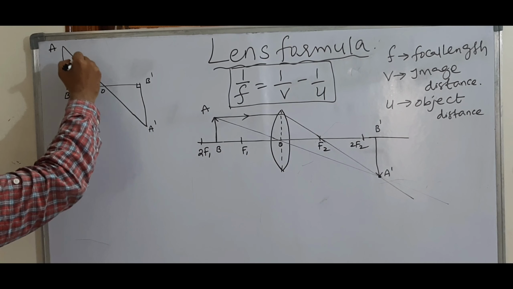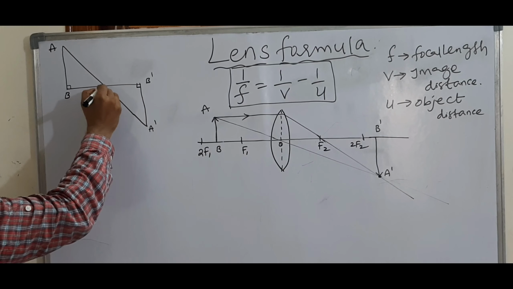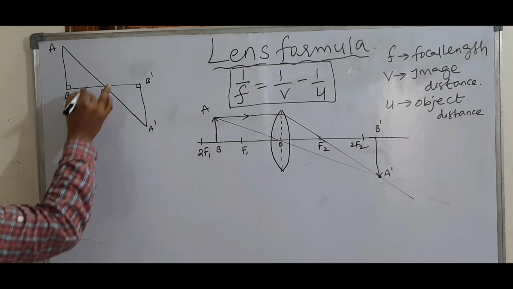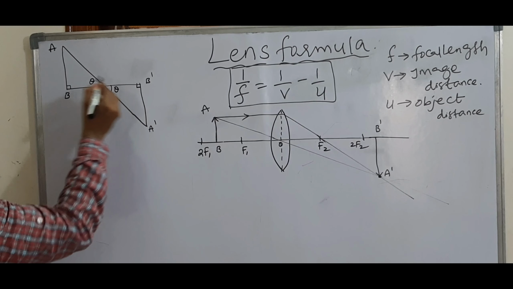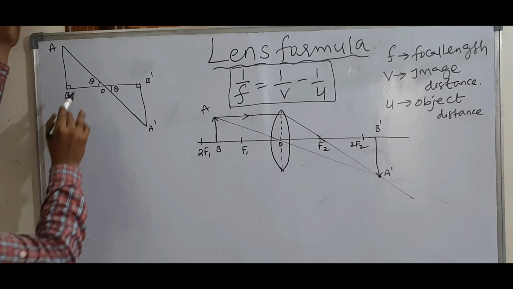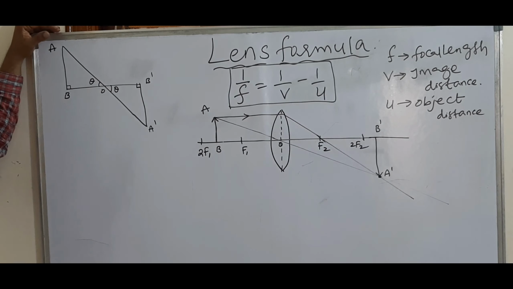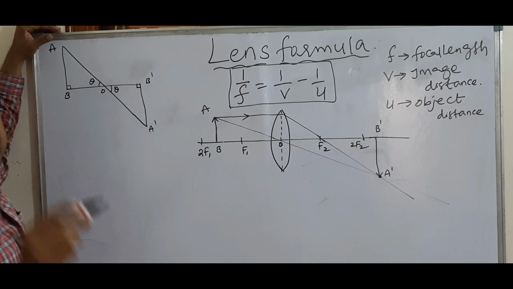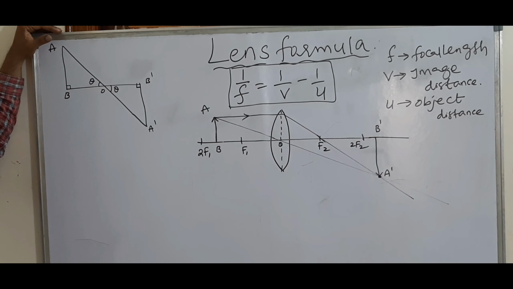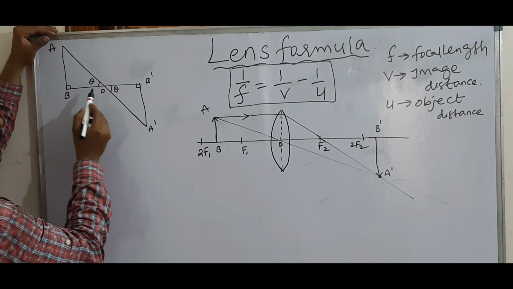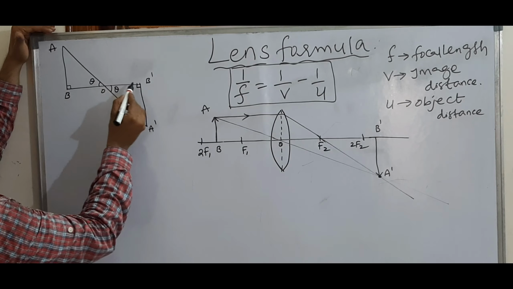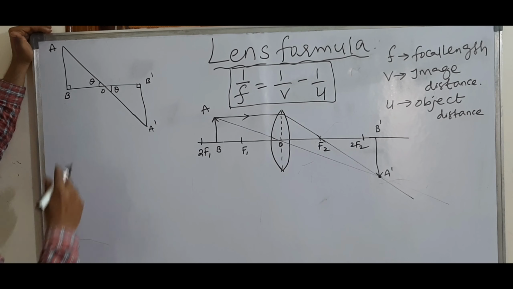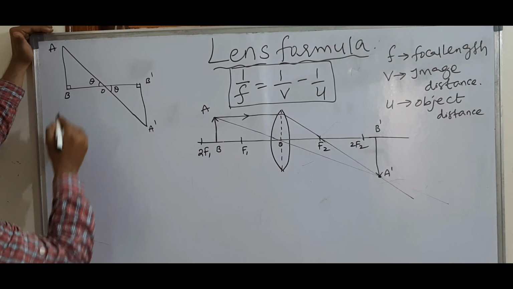See here, this line is passing through this point O. Then here angle is theta, here also angle is theta. That means these angles we can call as vertically opposite angles. Next see here, this angle is equal, this angle is also equal. Then these triangles we can call